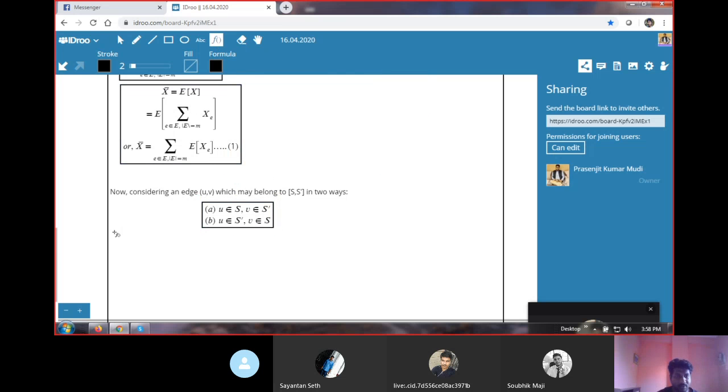So hence the probability that the edge u, v belongs to the cut S, S bar is half. So if this probability is half, immediately we can infer that the expectation